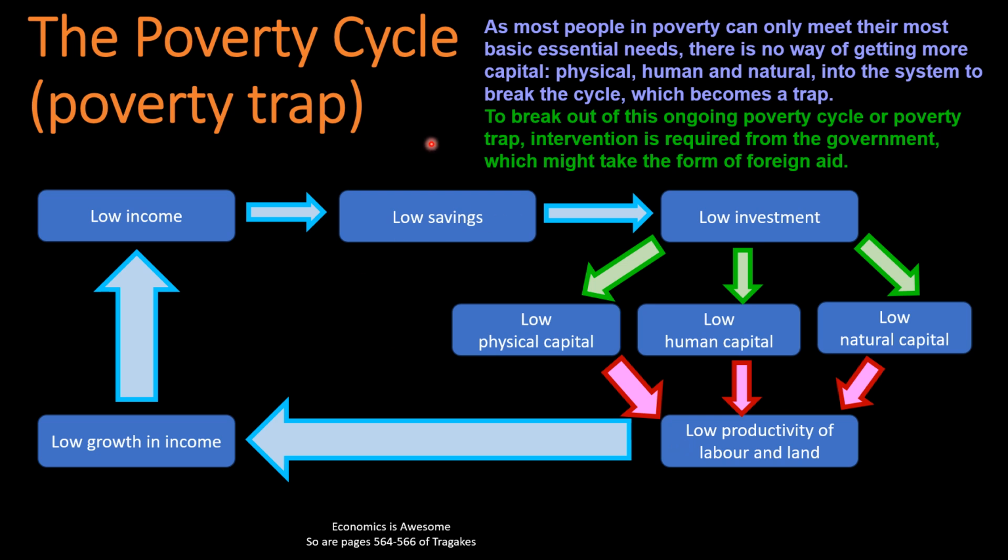To break out of this ongoing poverty cycle or poverty trap, as I said, we need to intervene, and it's usually the government that intervenes at one of these points, usually around the capital area, to break the cycle. An intervention might take the form of foreign aid. So I wanted to give you a quick example of an excellent example of foreign aid, which included funding by